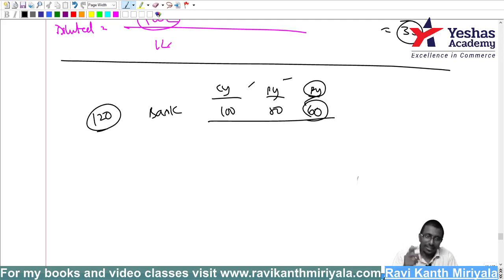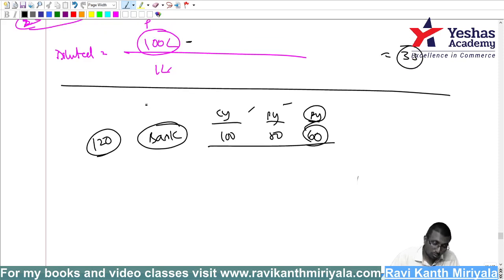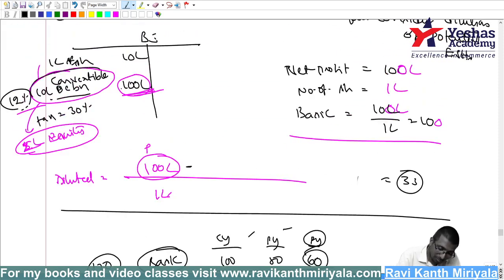But while calculating the basic EPS, we have not bothered about the convertible preference or convertible debentures, isn't it? Convertible debenture means what? They already paid the money. It is just a matter of time. They are going to be converted into equity shares. Debenture will be cut and equity share will be put. They don't pay money again, but the number of shares will increase all of a sudden.